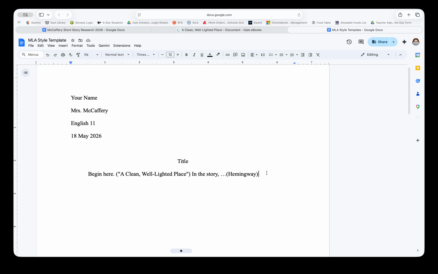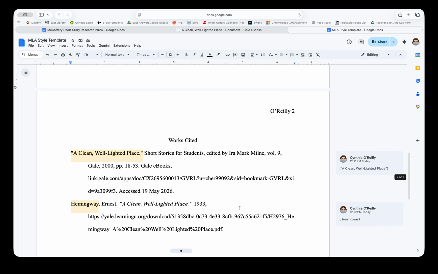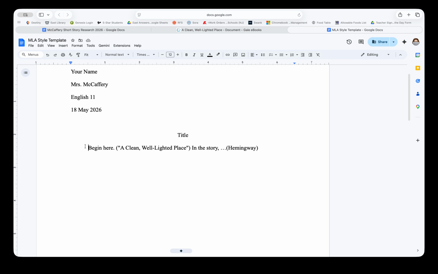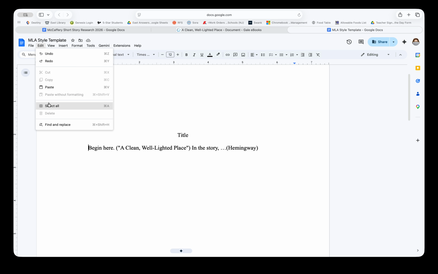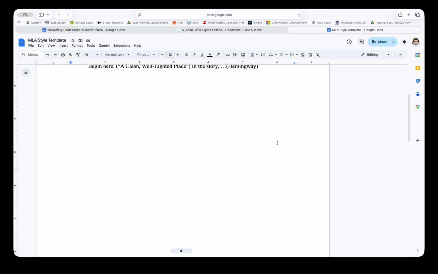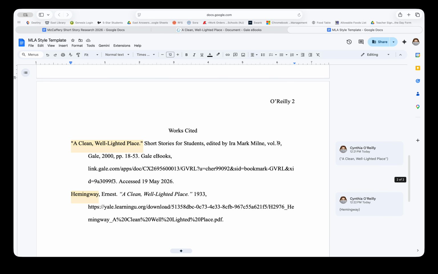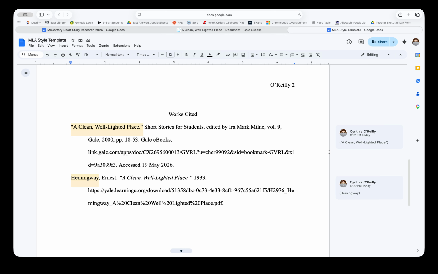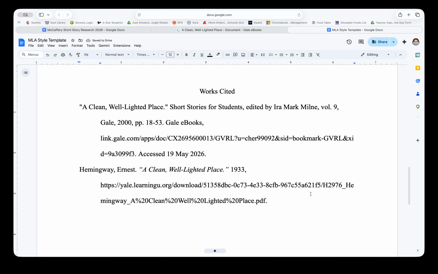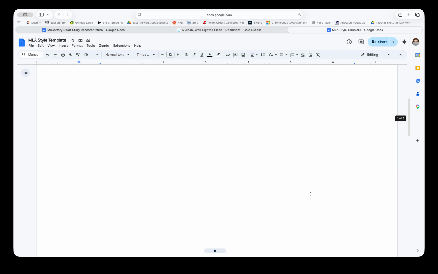So if you go ahead and just do your typing and your copying and pasting of the parenthetical here, and then you just ensure at the end that you edit, select all, Times New Roman 12, and ensure your font color is all black. And then after you do that, come back down into your works cited, come over here to those comments and just check them off. They will go away, and now your works cited is back to being clean, no more comments,